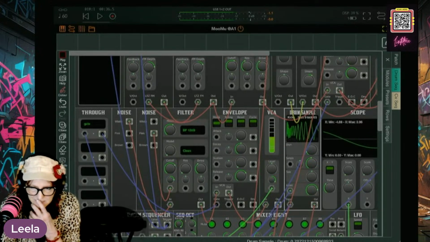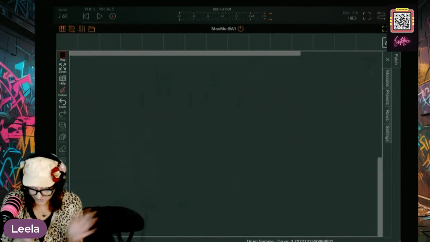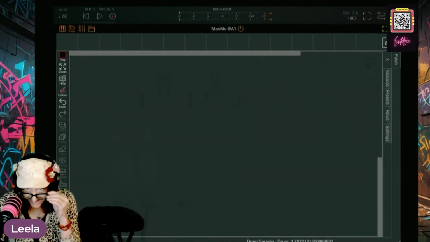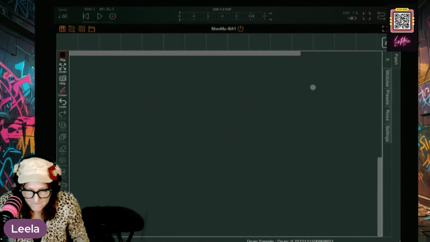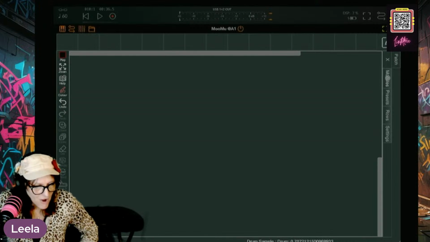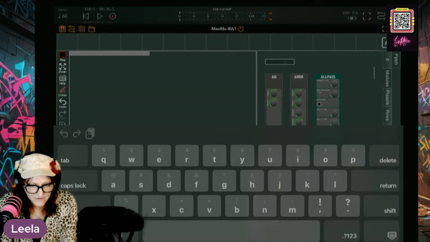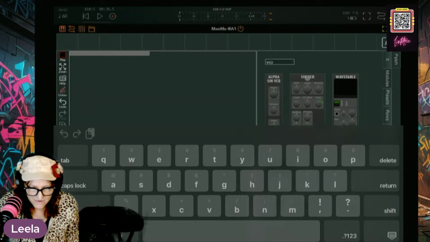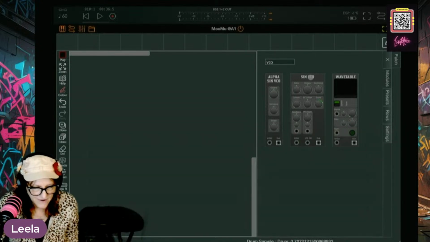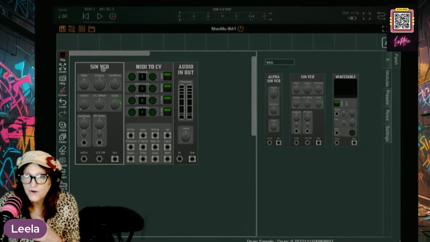All right, let's go to presets. New preset, boom. All right, here we are at blank. Let's go to modules. All right, so what do we need? We need an oscillator, so let's look at VCO. There we go. Let's take the easiest one here, this sine VCO. Whoop. There it is.